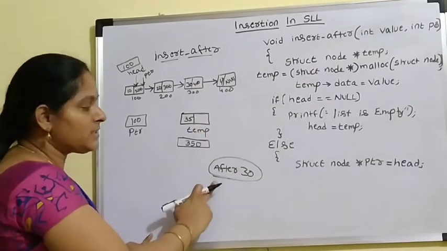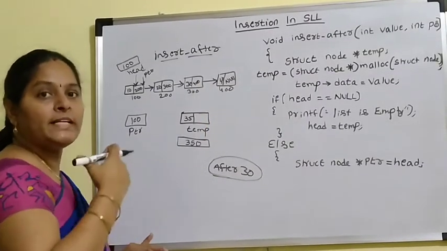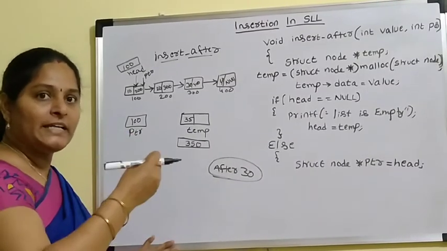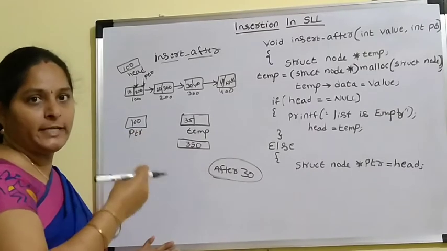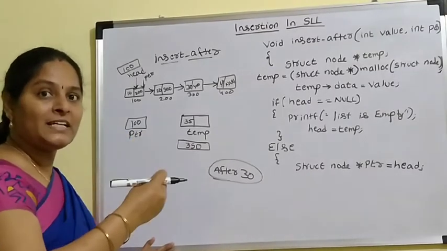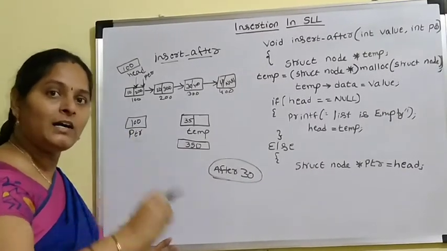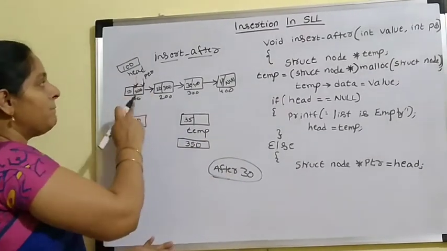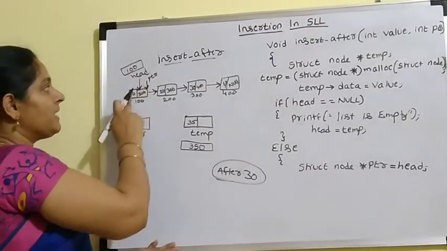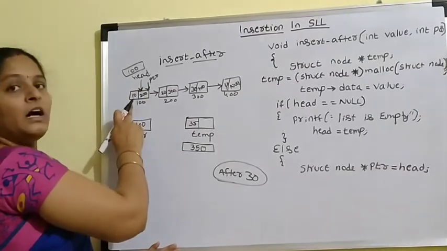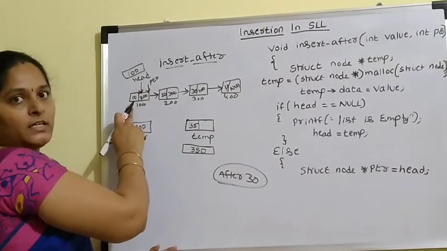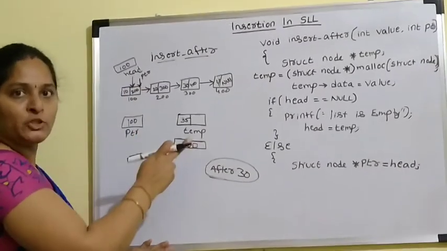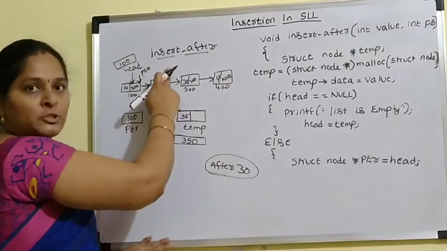Okay. So that is the reason why what I am doing is, I am taking with the help of ptr and I am comparing ptr with the data, ptr data. Wherever the ptr data is 30, then after 30 I need to place temp. Okay. So how to compare this one? ptr data. What is ptr data? 10. Right? So this is not our position. If ptr data is not position, move the ptr to the next position.